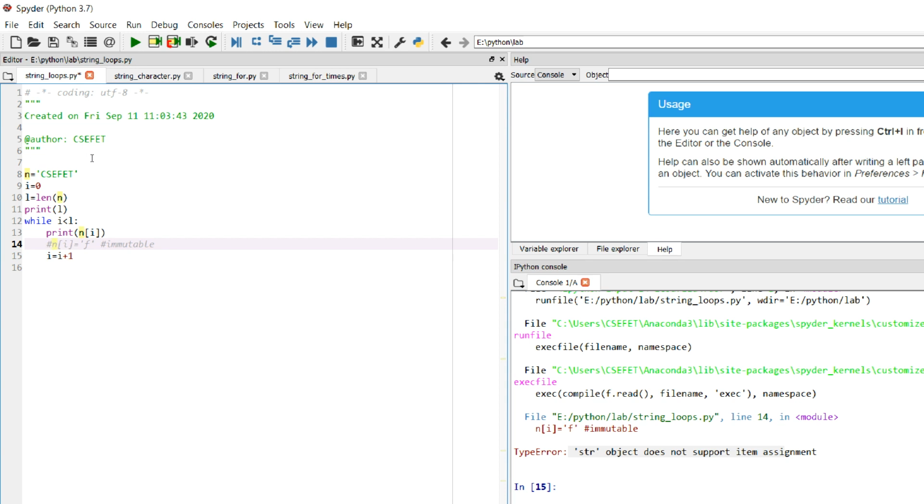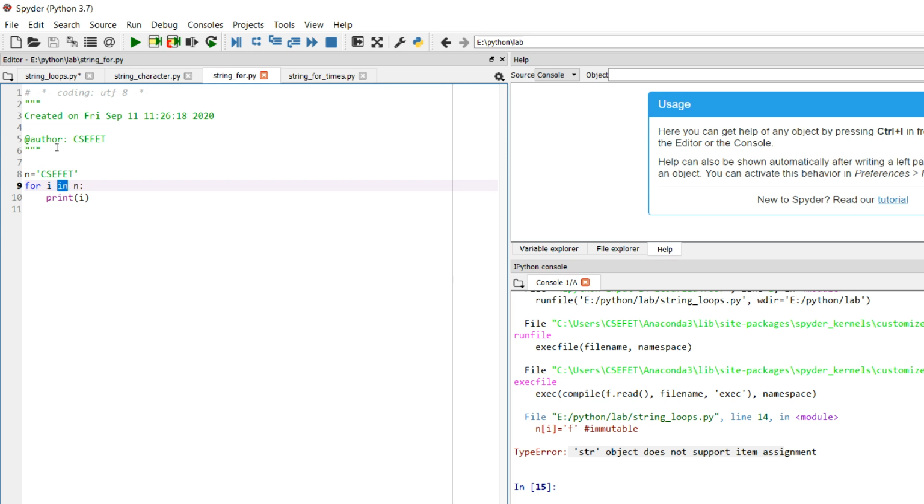Similarly, and in a simpler manner, we can use a for loop to access the strings. Now how do we use a for loop? The same program, which was about 5-6 lines, is reduced to merely 3 lines if we use a for loop. We do not need to compute the length of the string variable. We do not need to compute what is less than this. We simply use the in operator.